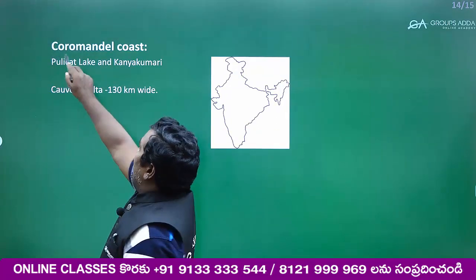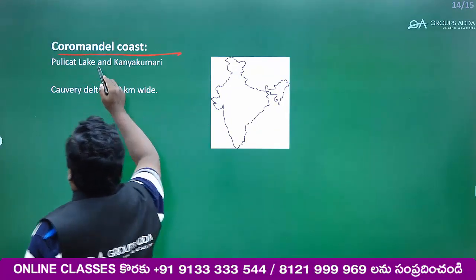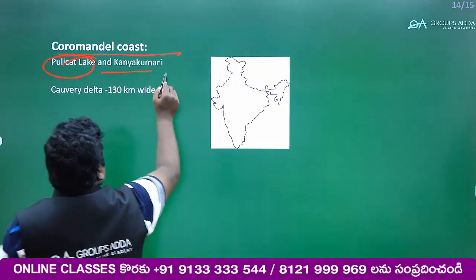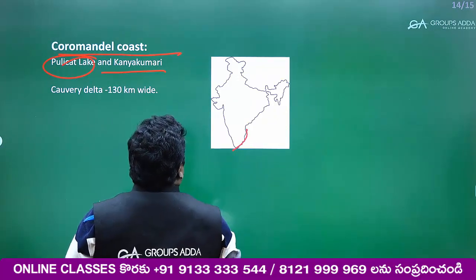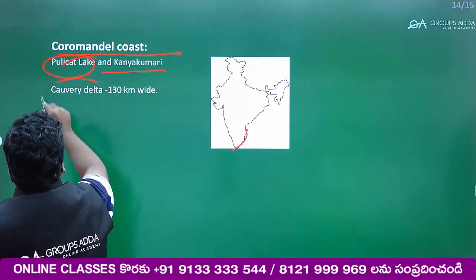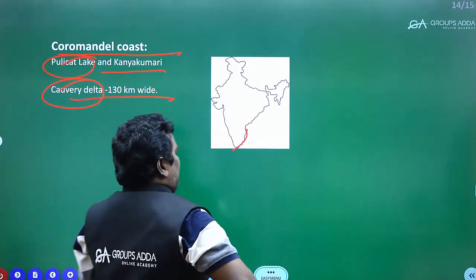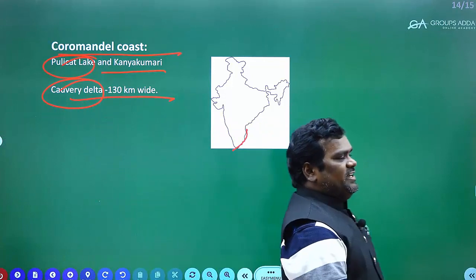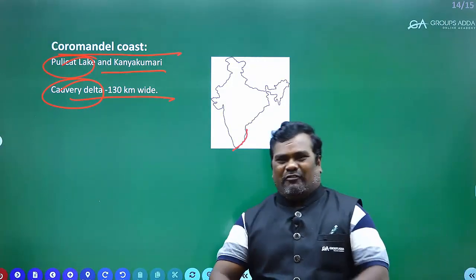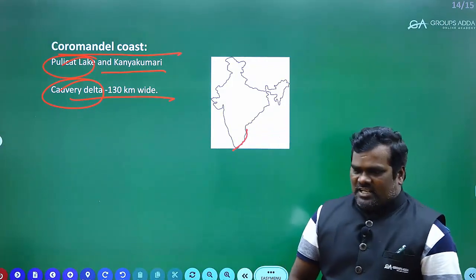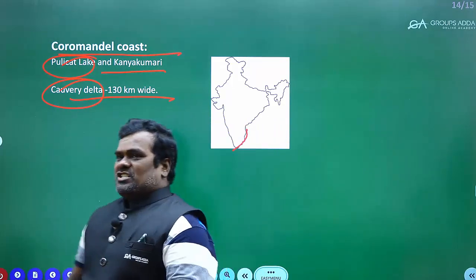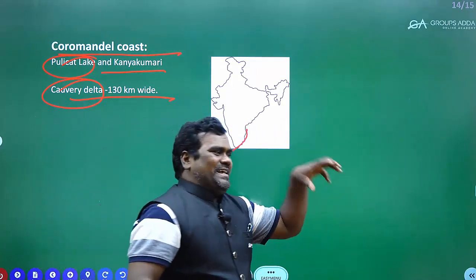Yes, Coromandel coast. It lies between Pulicat Lake and Kanyakumari. Okay, here Kaveri Delta is the biggest delta, having 130 kilometers of width. Isn't it? Yes, my dear friends, questions may come on these